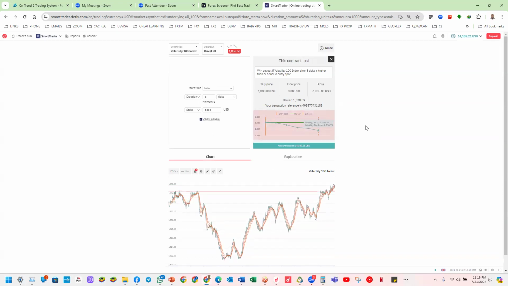Okay, so now these two trades that I just took, now that I lost, can you see how bad it is? From your 16,000, you have dropped to 14,000 with just two trades. So that's why, when I'm doing this thing, I'm very, very disciplined. Sometimes I'll just do a few trades